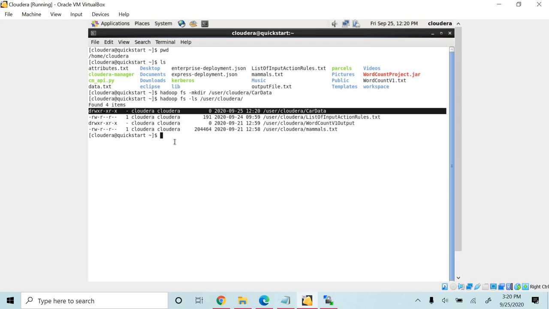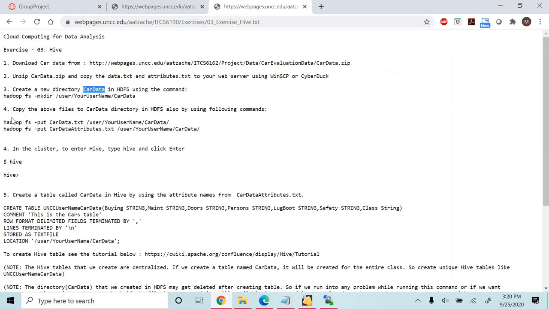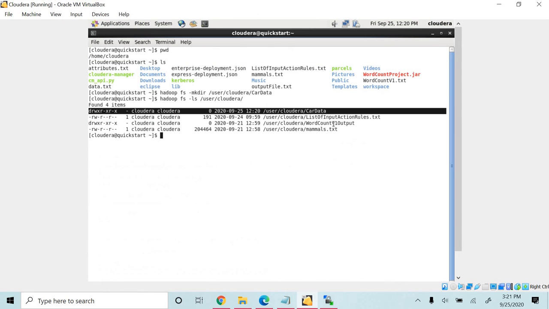And now let's go to the next step where we need to copy the data.txt and attributes.txt into the car data directory in HDFS. So let's copy the data.txt and attributes.txt files into the car data directory in HDFS.